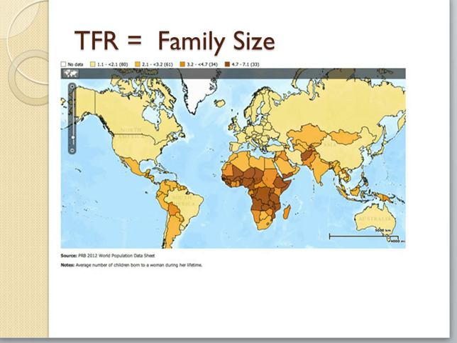The last demographic indicator I want to talk about that's new to you is the total fertility rate. I think I talked about that a little bit. So this is a map again showing total fertility rate, the average number of children a woman will have in her reproductive years. And again, you see a very dichotomous split in the world.